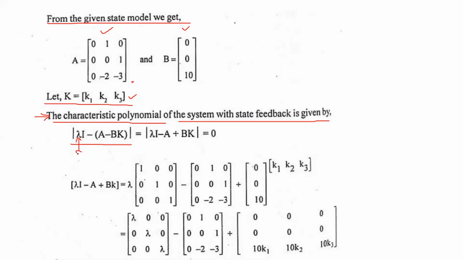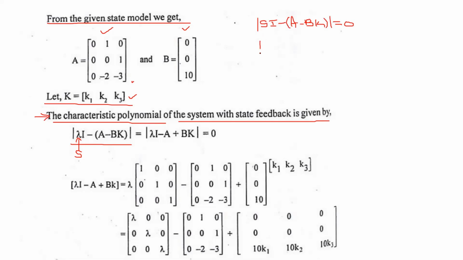Instead of S, he has taken lambda. So while using the characteristic equation, either we can go with the modulus of S I minus A minus B into K equal to 0,